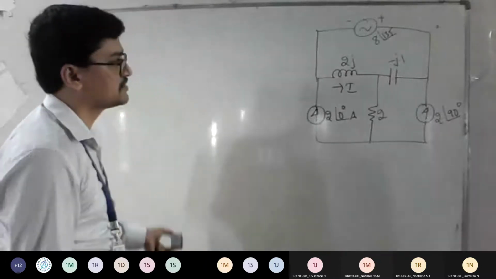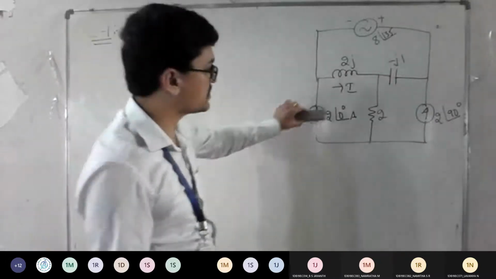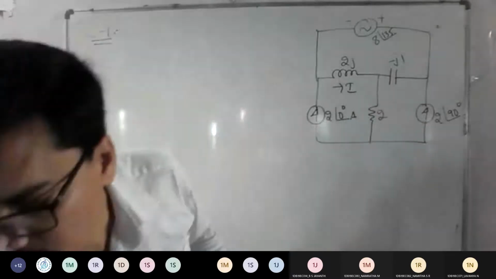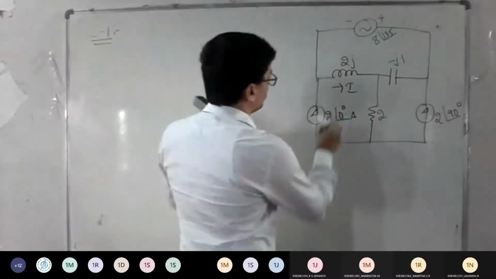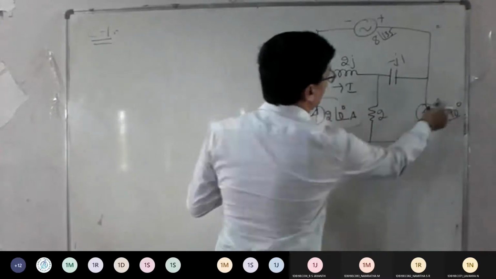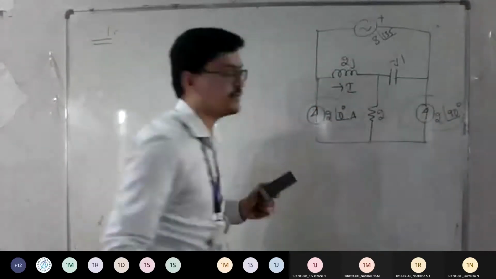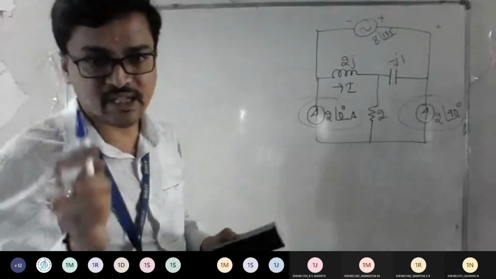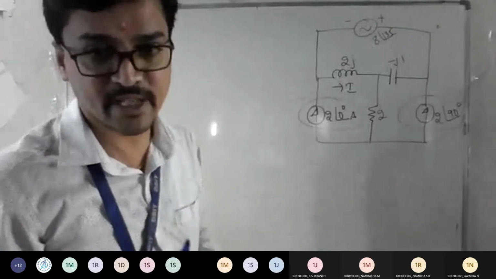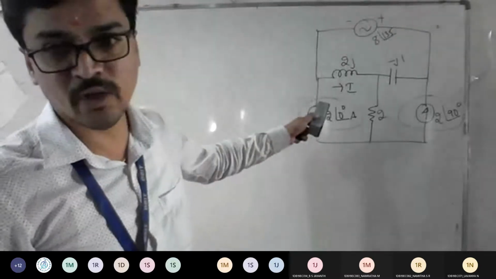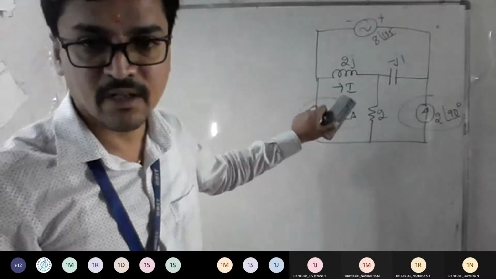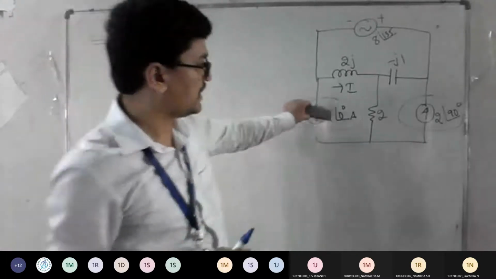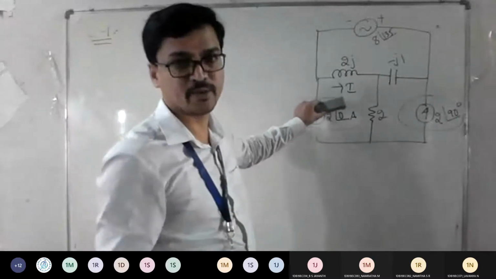If you do like that, what will happen? This is gone, this is gone. If these two are gone, what is left out? For case 1, this is eliminated, this is eliminated. So after elimination, draw a new circuit. That also carries marks. This is a mistake you will commit: you will straight away apply case 1 and forget to write the diagram, and start doing the calculations. That should not happen, everyone. Eliminate this, and draw a new circuit.